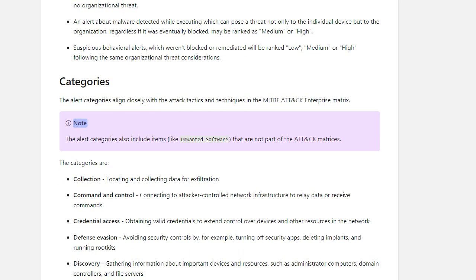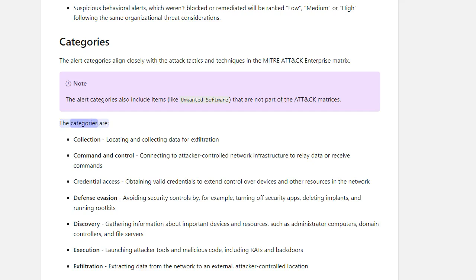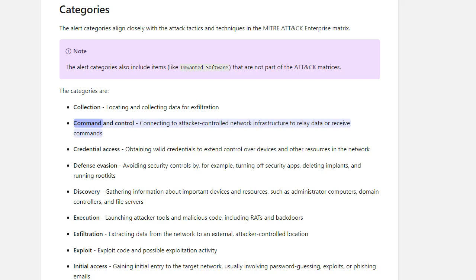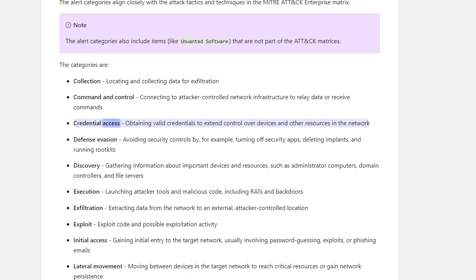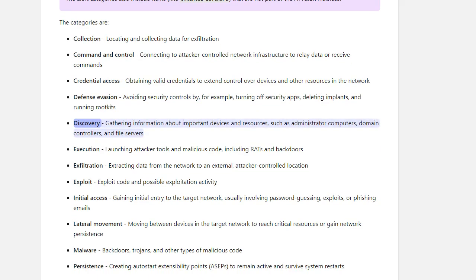Note: the alert categories also include items, like unwanted software, that are not part of the ATT&CK matrices. The categories are: collection, locating and collecting data for exfiltration; command and control, connecting to attacker-controlled network infrastructure to relay data or receive commands; credential access, obtaining valid credentials to extend control over devices and other resources in the network; defense evasion, avoiding security controls by, for example, turning off security apps, deleting implants, and running rootkits;